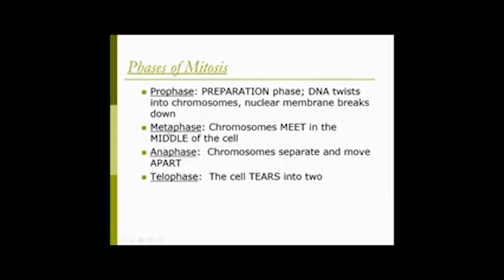Then there's metaphase, which is the middle phase. Chromosomes are meeting in the middle, and we'll see what that's like. Then there's the anaphase, which is the apart phase, when the chromatids are pulled apart. The identical copies are separated. And then there's telophase, which is not quite the tears. It's one way to remember it, but it's really not just cytokinesis when the cell splits into 2. It's really the getting back to normal phase, and you'll see why it's called that when we get to that.